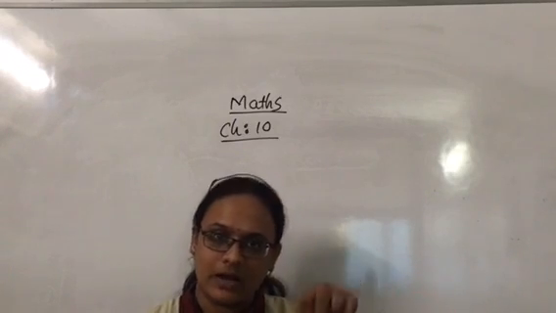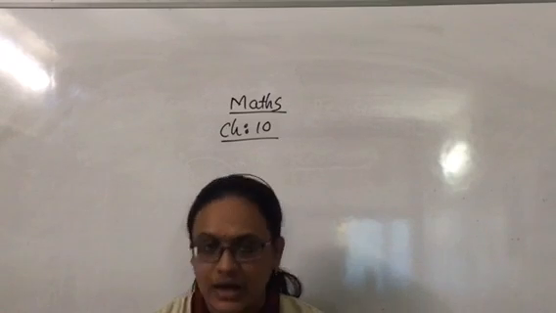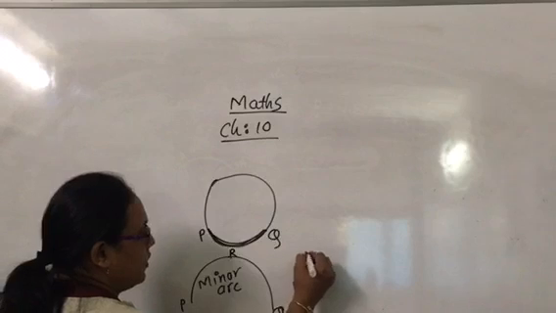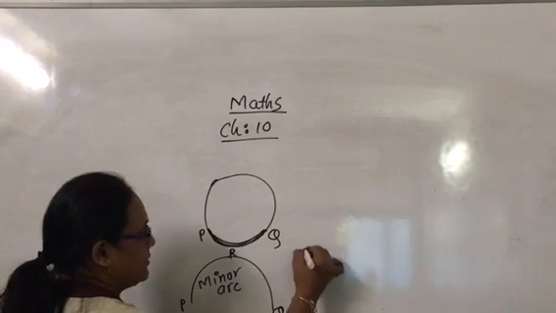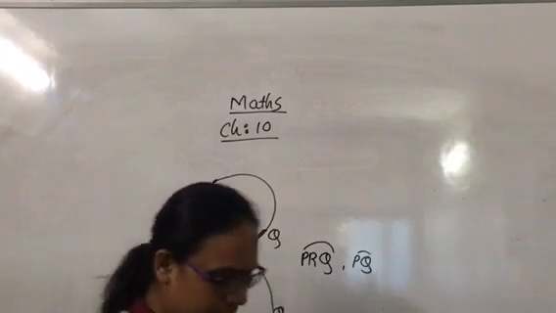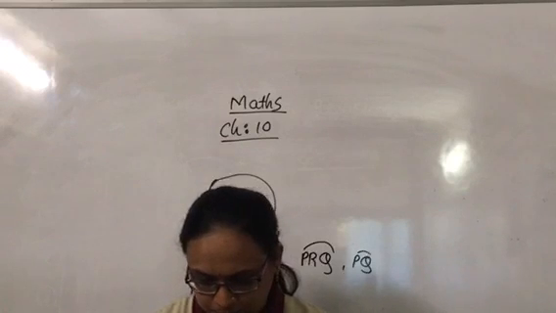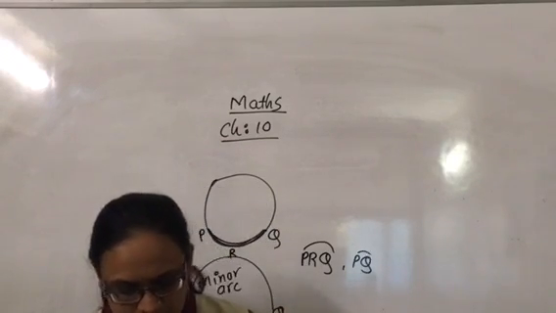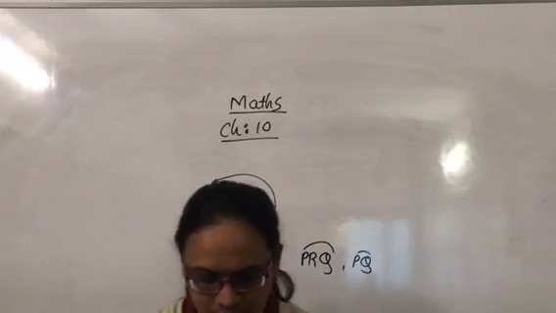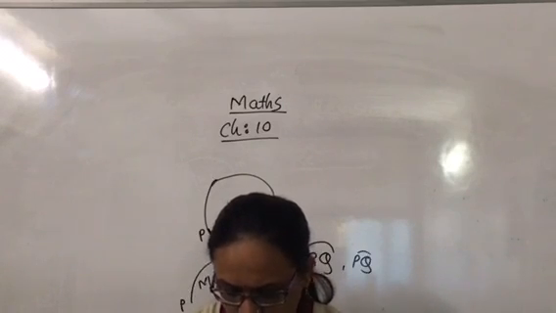With an arc sign on top, and the major arc PQ by PRQ. They are putting another point R. So the minor arc is PQ and the major arc is PRQ. This way we can differentiate both arcs. Where R is some point on the arc between P and Q, unless otherwise stated, arc PQ stands for the minor arc PQ.